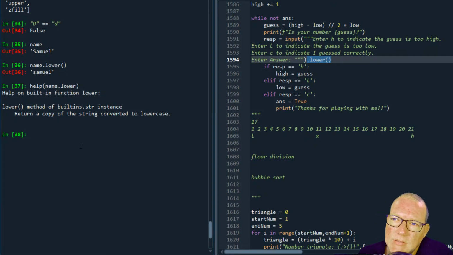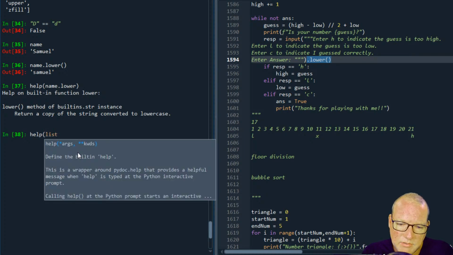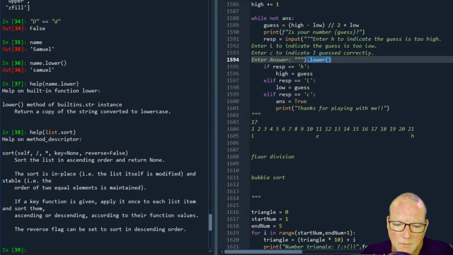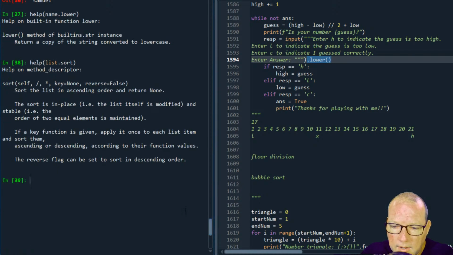Couple of the in places that I can think of is a list sort. Let's look at help list dot sort. And this is my, I only have a few, very, very small complaints. So, all right.